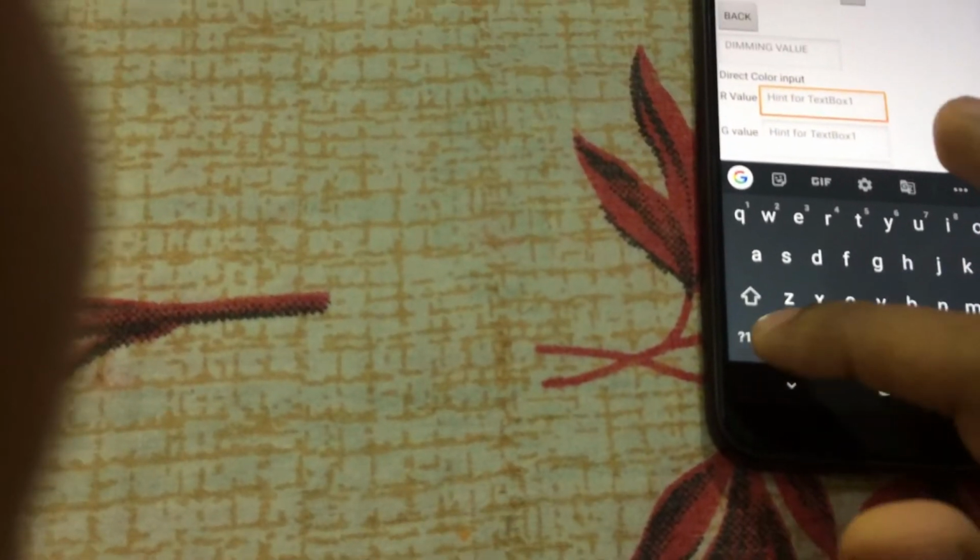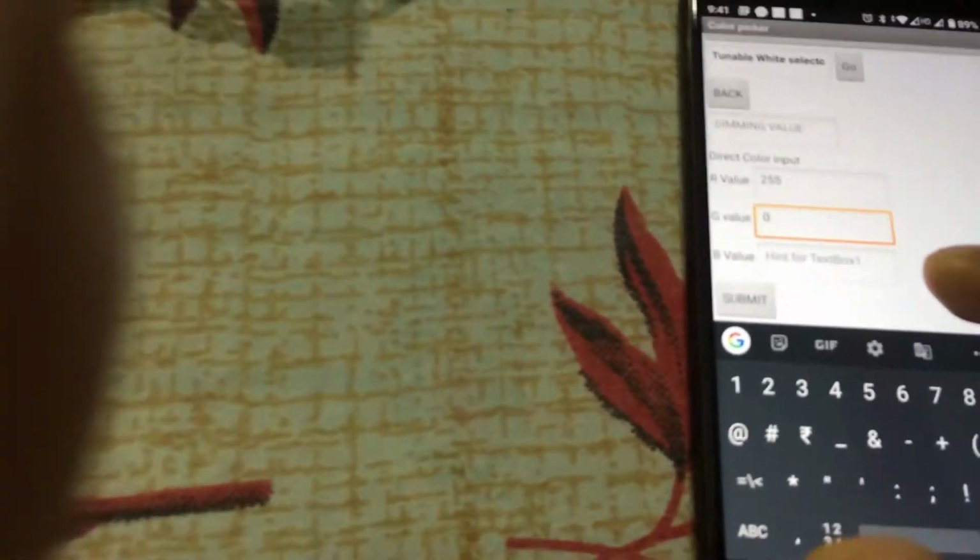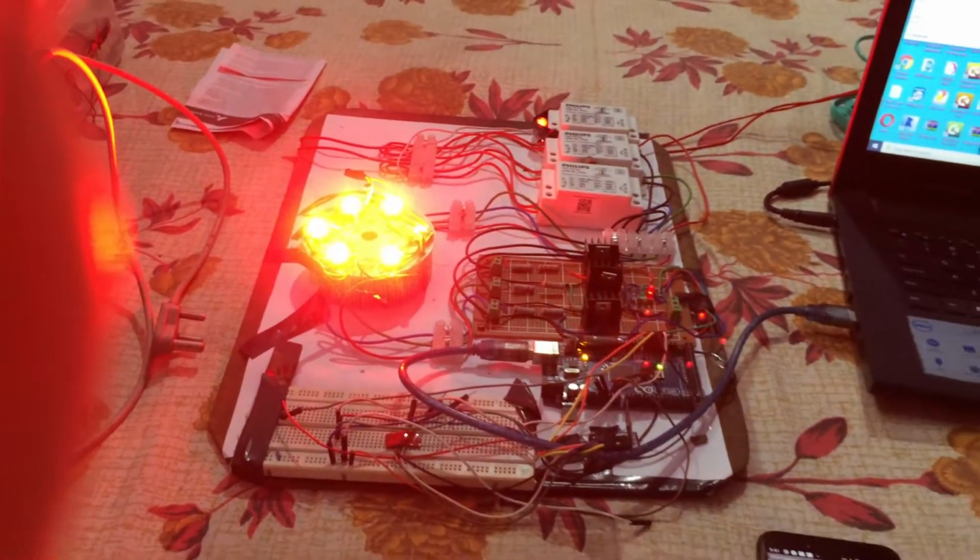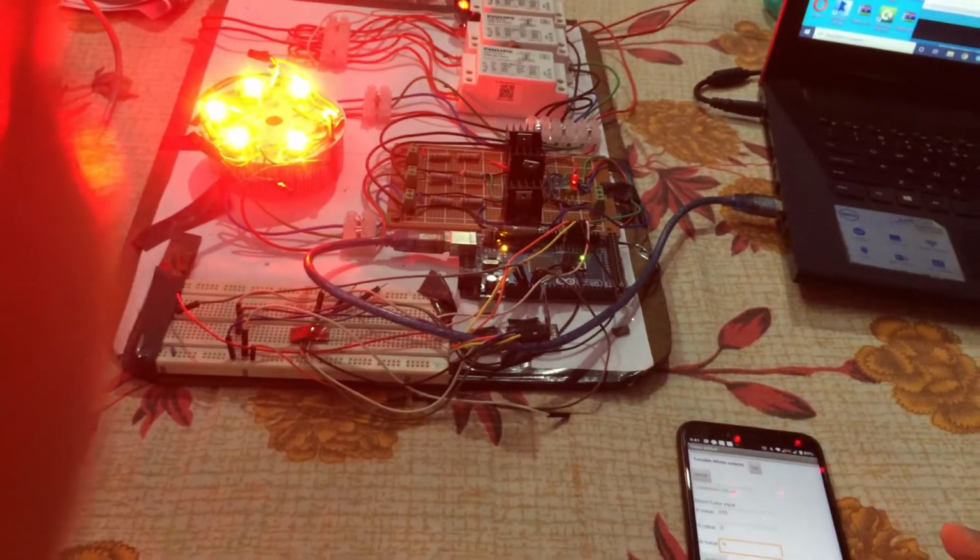Here we can give any value, like if we want to turn on the red channel to its maximum value. So this is the red part.